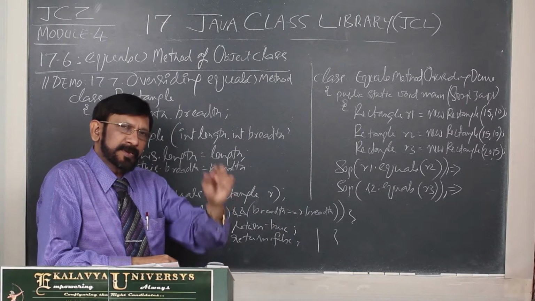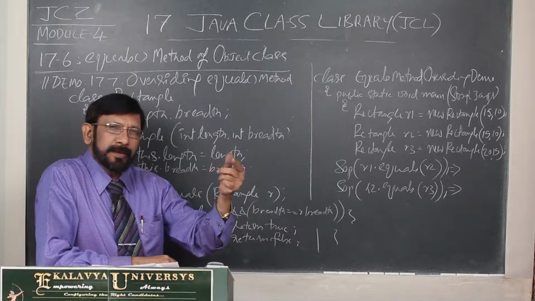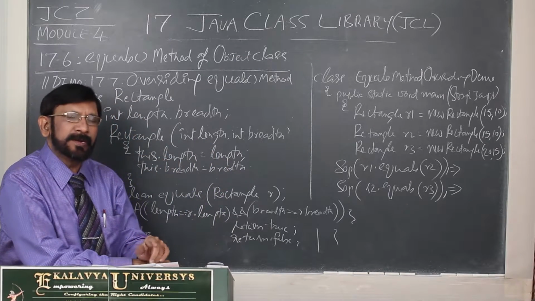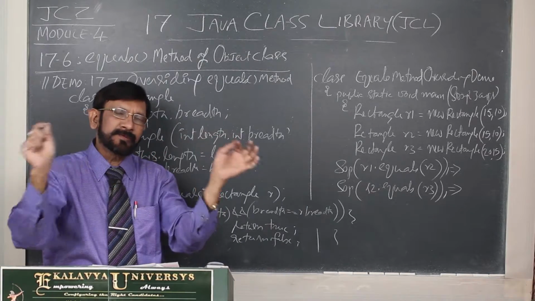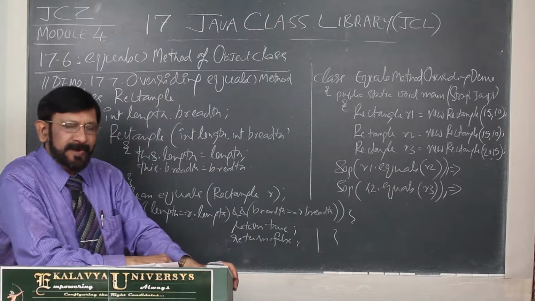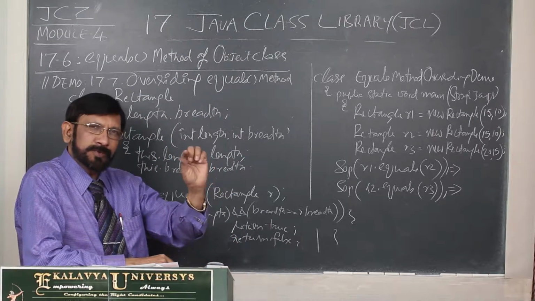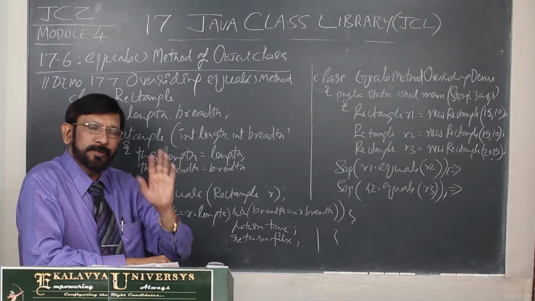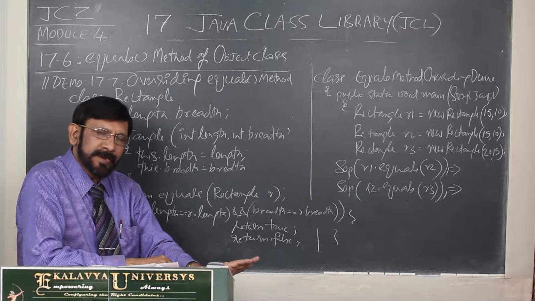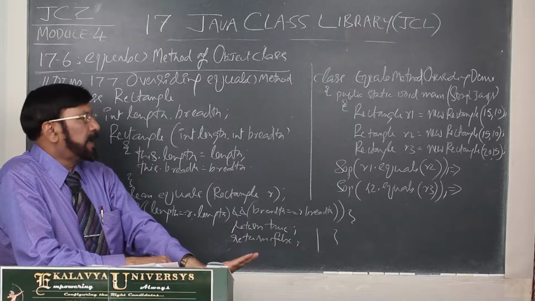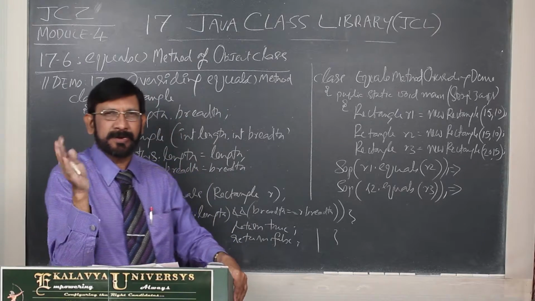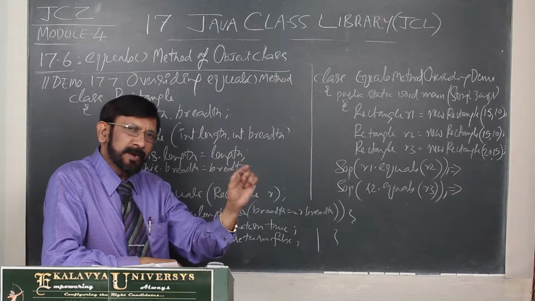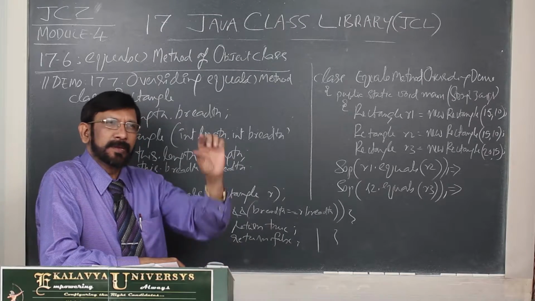But as far as the String class is concerned, it explicitly overrode the equals method to test the equality of the content. That is why, whether you use the equality operator or the equals method on strings, you get the same result. But for other, non-string classes, the equals method tests the equality of the reference only.